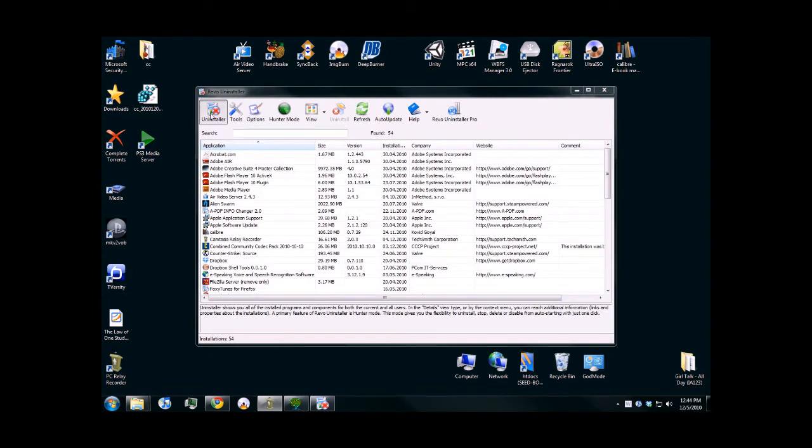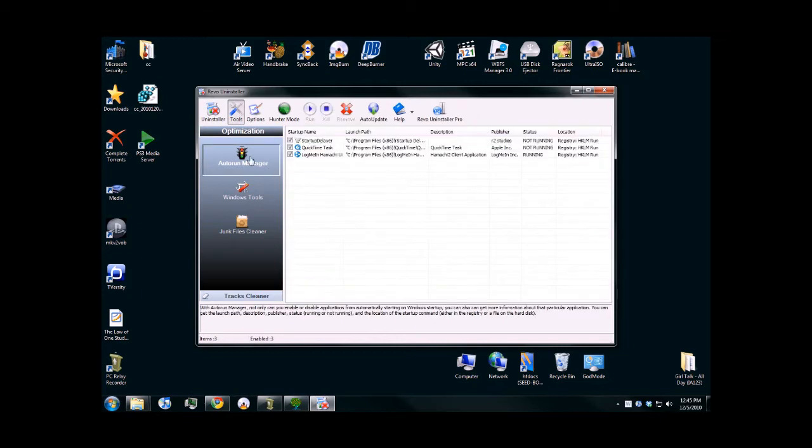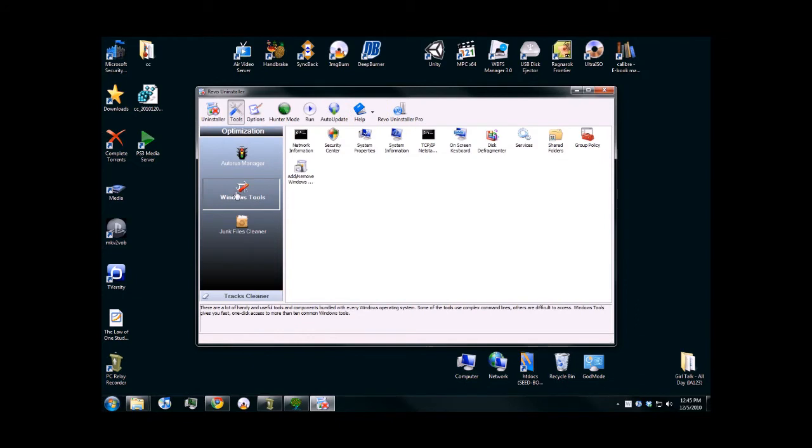The next option I want to show you is the tools option. Now, when you load the tools option, you're given three options. These are optimizations. You have Auto Run Manager, which will show me the programs that are launching on startup. Windows Tools, which will allow me to view some general system information, such as my network information, my security center, which would be my firewall settings, the system properties, your system information, which is a little bit more advanced version